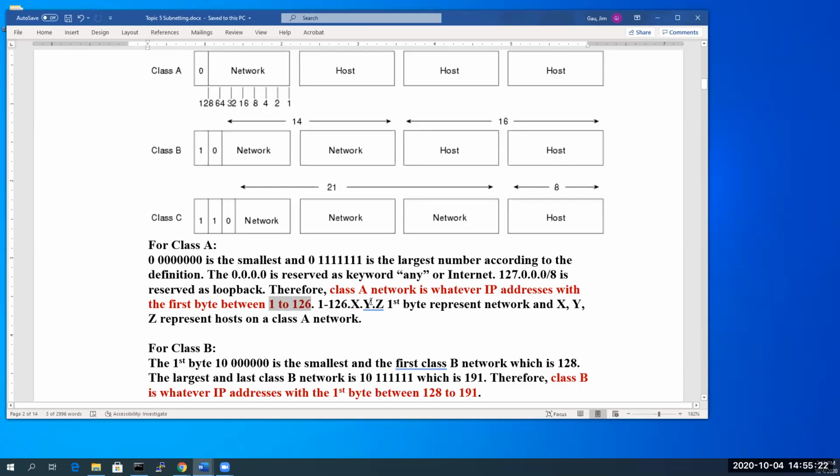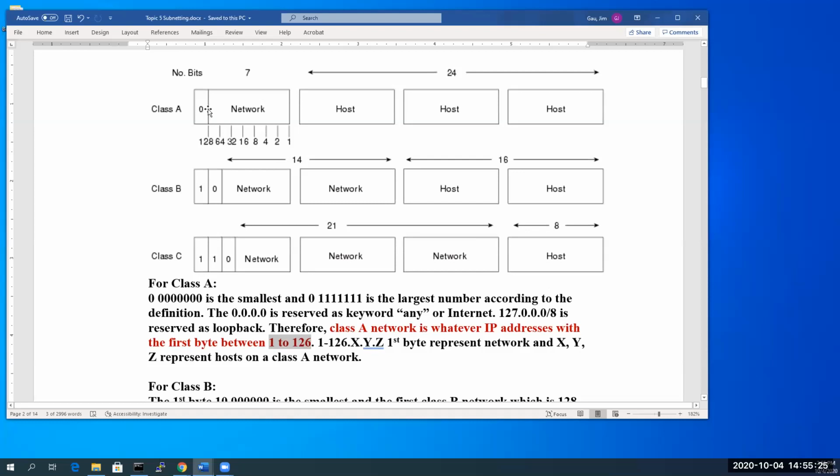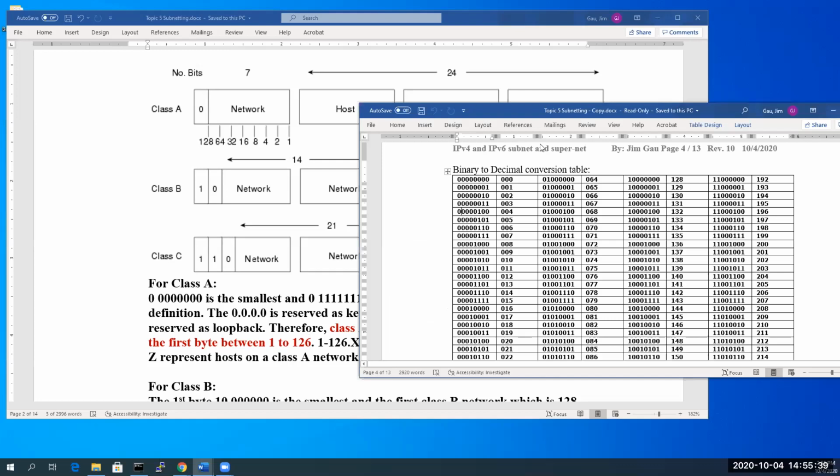Now, okay, next one. When the 0 has been depleted, then the next up is a 1 here. A 1, and then same definition. If there's a 0 here, that's a class B. So you will see 1, 0. So if we take a look at 1, 0 in here, we have to fix the first bit to 1 here. So once we fix it to 1, and whenever it's 0, so 1, 0, and you can see,